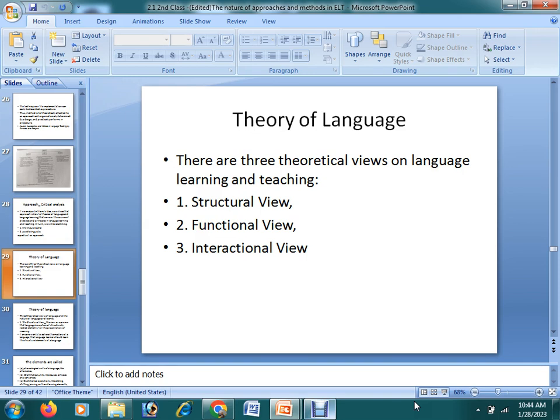Whenever you are hungry, you will say, I am hungry. Whenever you are tired, you will say, I am tired. It means that it will express the meaning you are ready to express. That means every language of the world will have a function. That is the functional view of a language. And the third one is the interactional function. That means whenever you are hungry, you can go to a nearby food shop and say, I am hungry and give me a piece of sandwich, please. Okay, so it is the functional view.